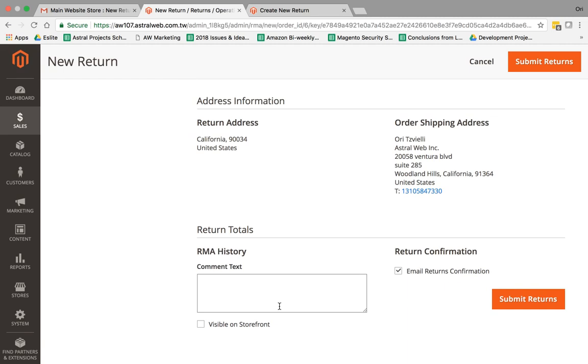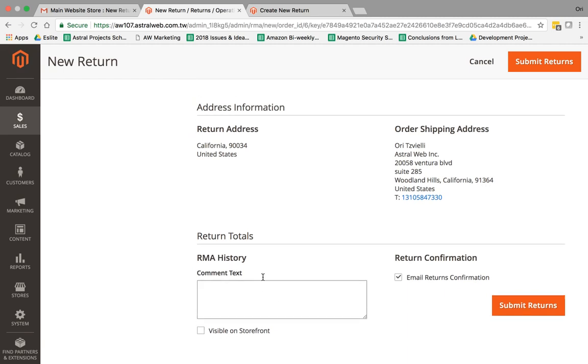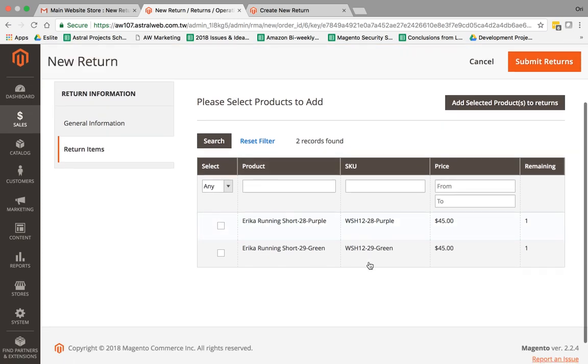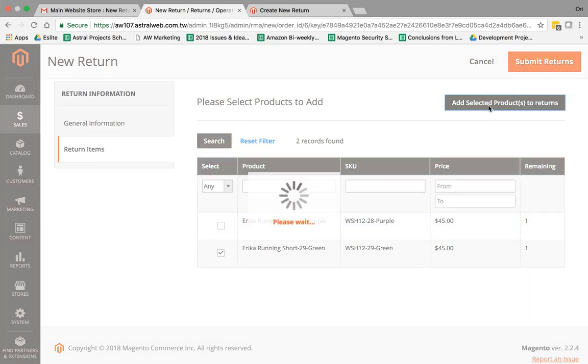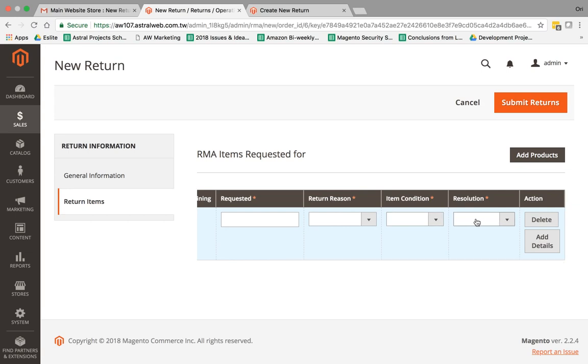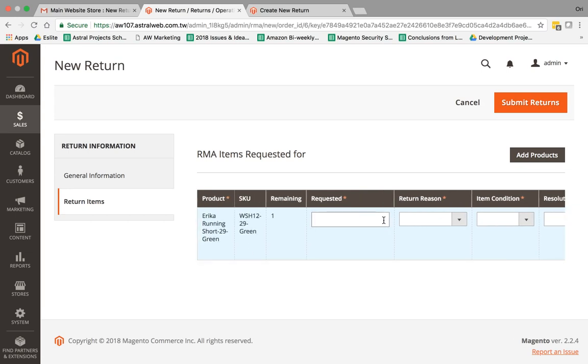These are internal comments unless you check this. And then for items to return, I would click here and add products. I would see all of the products in that customer's order. So for example, they only want to return this one. I would click here, select, fill out again the reasons, the item conditions, the resolutions, etc., and then submit the return.